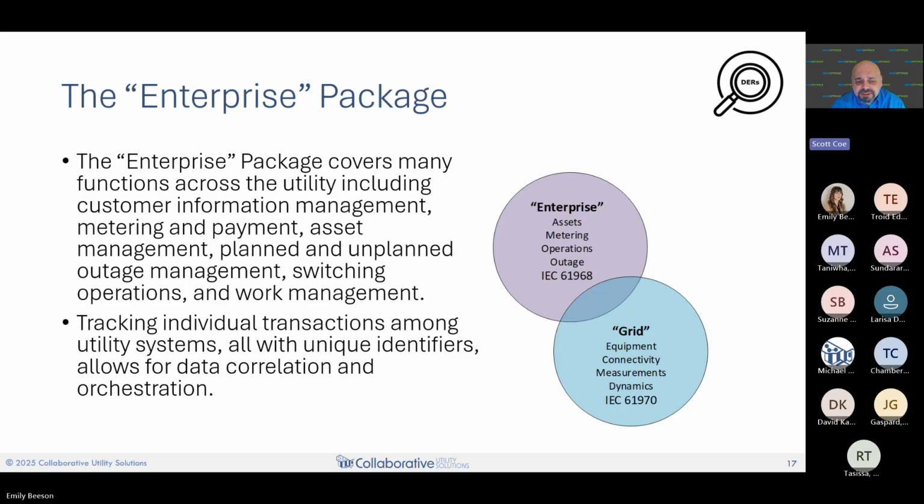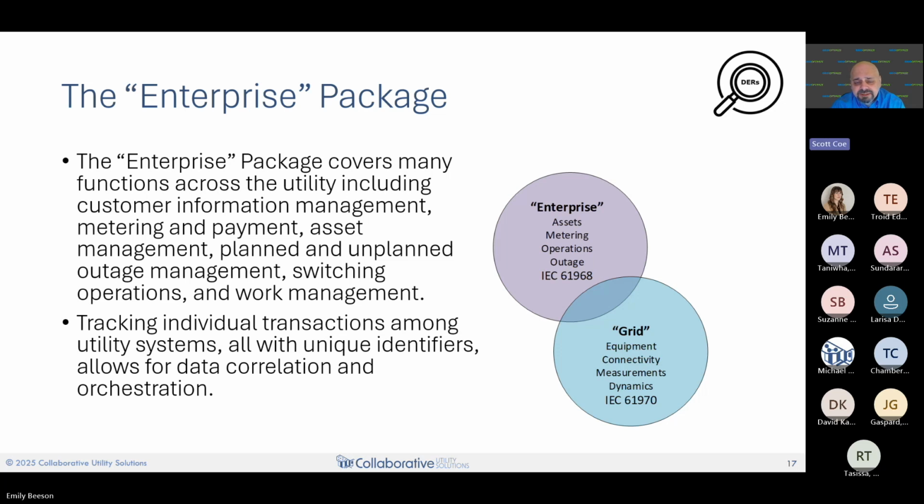That's part of this particular package. This allows you to exchange information like outages, like meter data, like switching orders between different systems. So for example, if you've got an outage management system and you want to send those outages to a database, maybe a customer database, and correlate it, then you can send data among all those different systems.